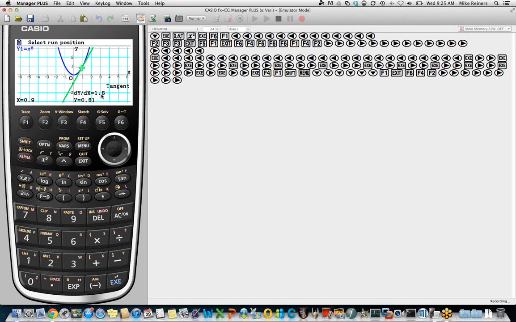And we can ask students to try to draw some kind of relationship or pattern between the value of x and the value of the derivative. Right now we can see the value of x is 0.9 and the value of the derivative is 1.8. And as we move along, we can see that there's always this doubling relationship preserved. And that gives students a better idea of why the derivative of x squared, in general for all x, is 2x. It's always twice the value of x. I really think that this kind of thing solidifies student understanding. It's an excellent way to use the sketch tool.